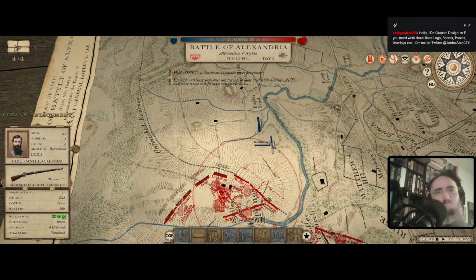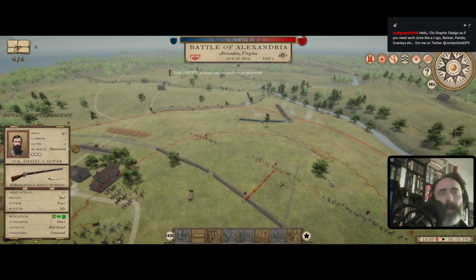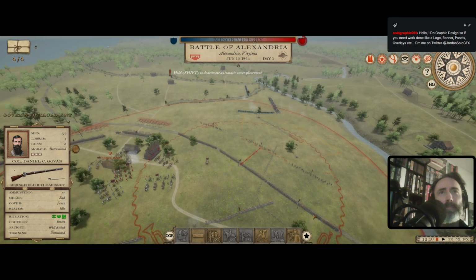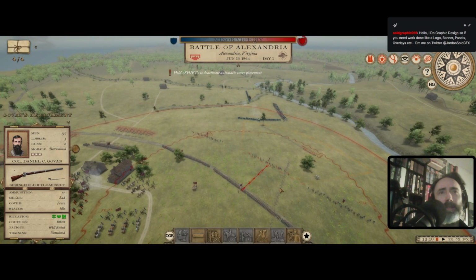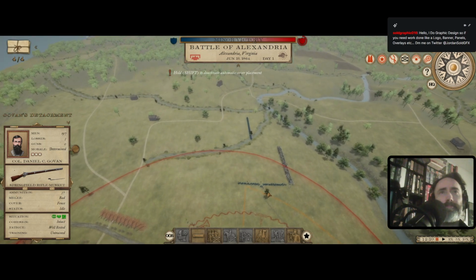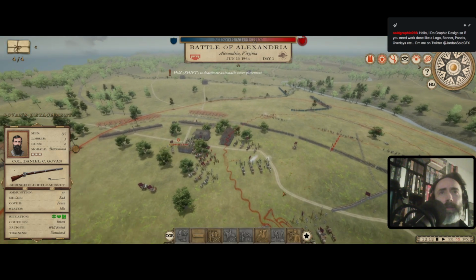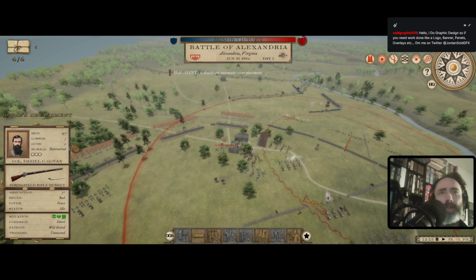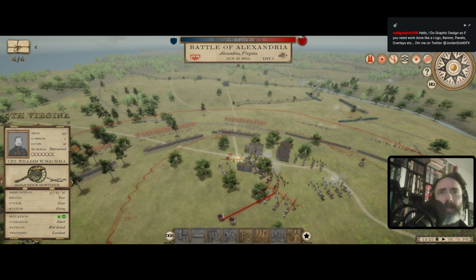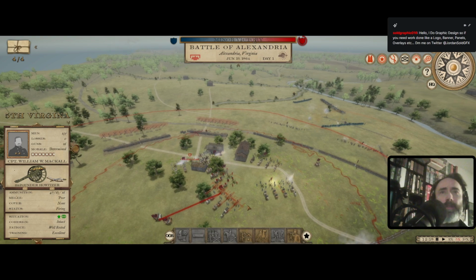So they're gonna charge the center on my line. Well, I can tell you one thing. It's the least heavily fortified, but... yeah. Hopefully it's gonna not go so well. It seems my artillery is opening up nicely. Although these guys are firing, even though they're...